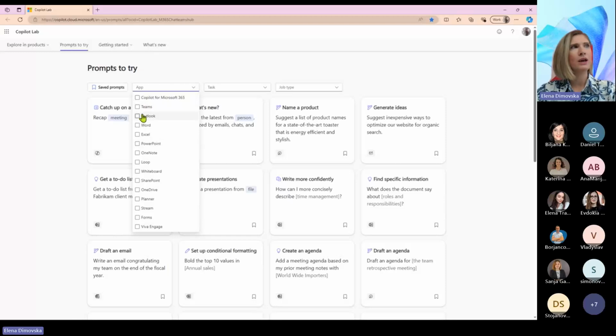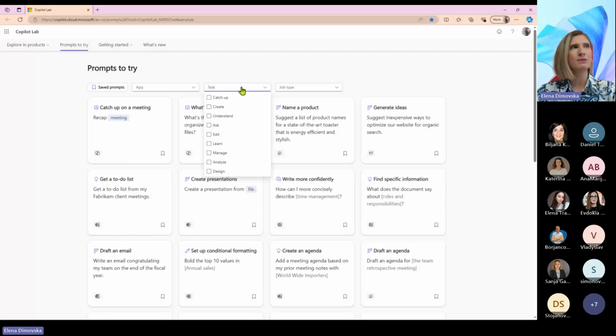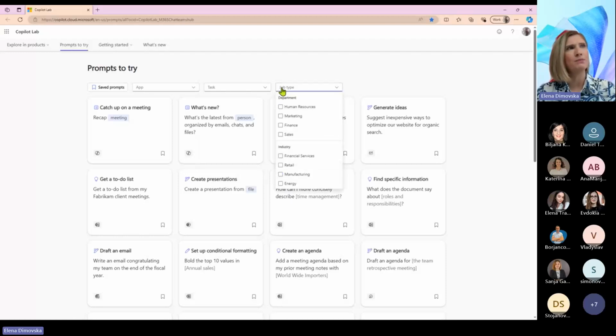Okay, so we have Teams, Outlook, Word, Excel, etc. Then we can use some tasks, catch up, create, understand, ask, edit, different categories that we can search for our specific prompt, of course, or by job type. So here we have some categories by department: human resources, marketing, finance, sales, or industry, which is financial services, retail,